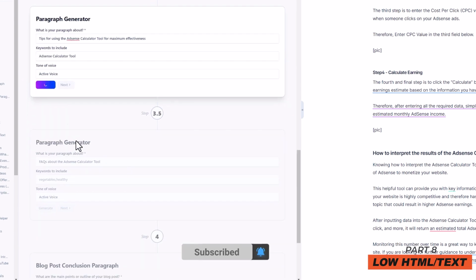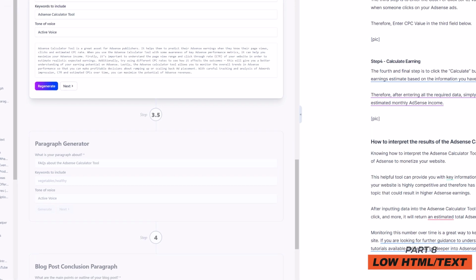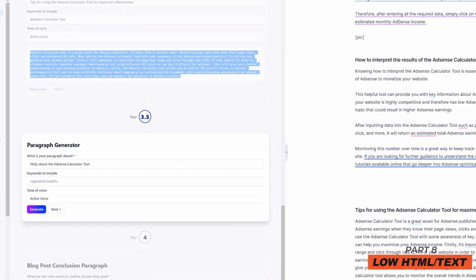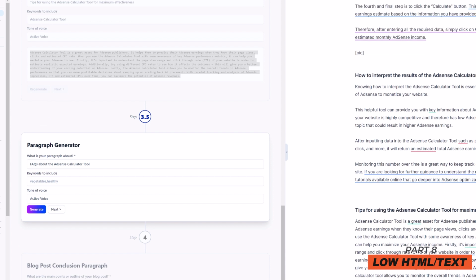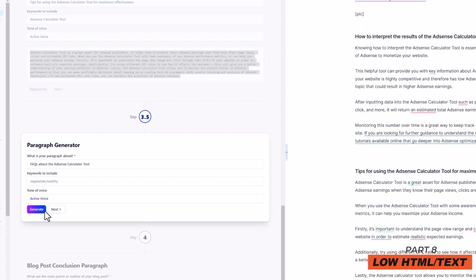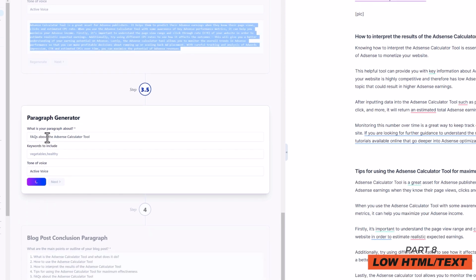Let's click on generate. As you can see, the 650 words are already there, and let me click on enter next. So this is already here, so let me break that also into little pieces. There it is. Yeah, that's fine. So let's generate another FAQ about